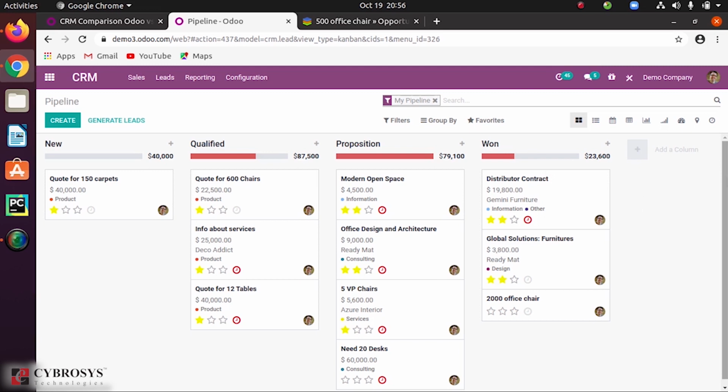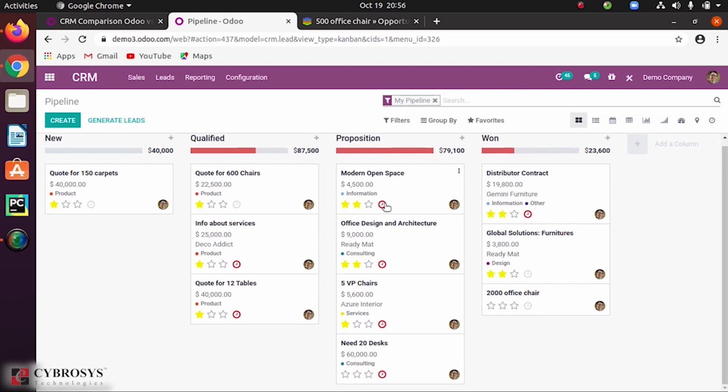Then while scheduling the activity itself, you can see that here it represents different colors. If it is red, it means it is overdue. Then if you have planned activities, the color of the clock will be shown in green, and if it is for today, it will be shown in yellow color. So on the basis of color, we can provide an easy interface that can easily convince your users. For that purpose we have these options in the case of Odoo CRM.